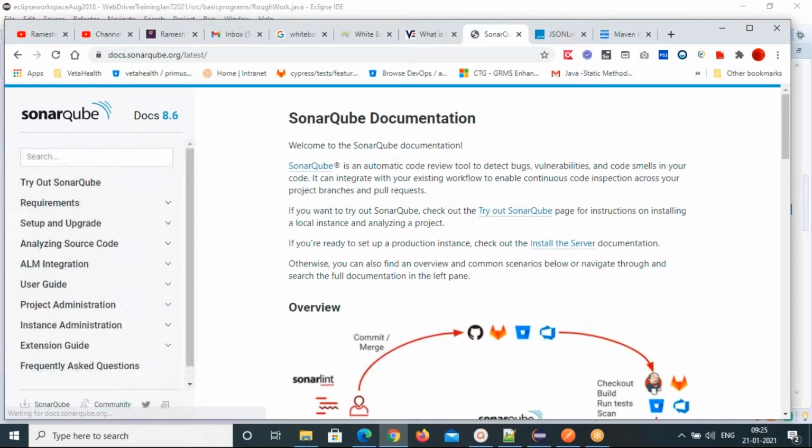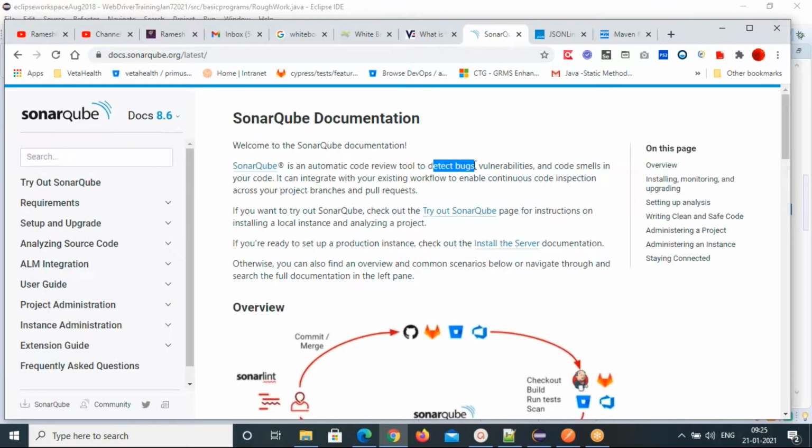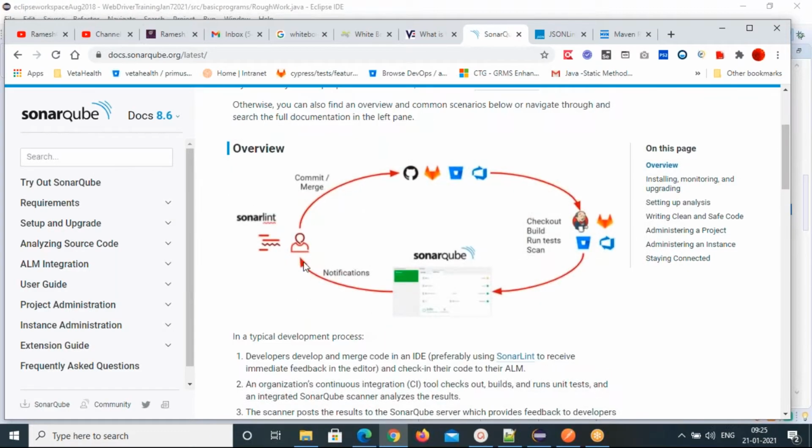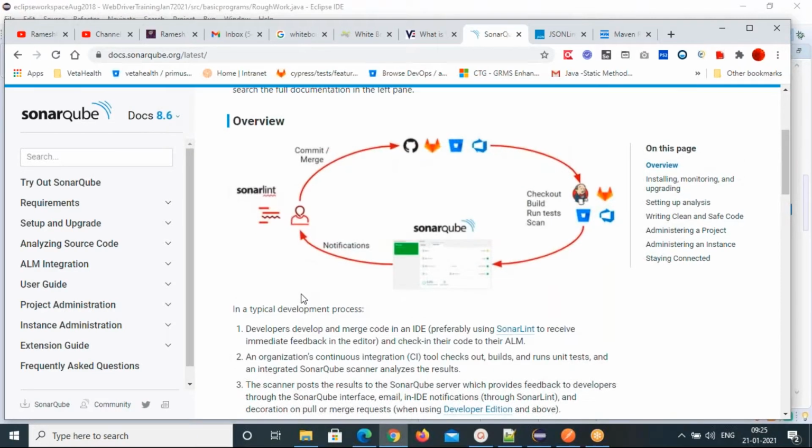SonarQube is an automatic code review tool for detecting bugs, vulnerabilities, and code smells in your code. It can integrate with your existing workflow to enable continuous code inspection across your project branches and pull requests. That's how the SonarQube tool will help you. Even if your code is not proper, it will tell you clearly, and the developers cannot merge the code either.